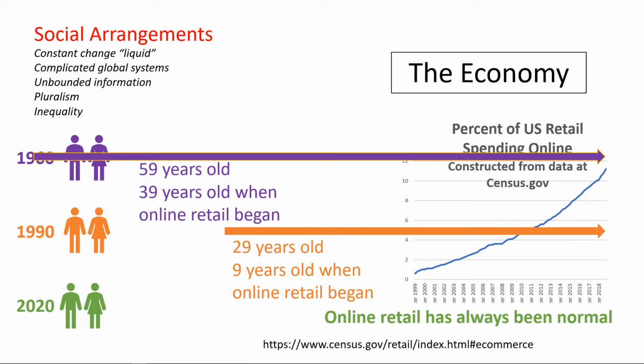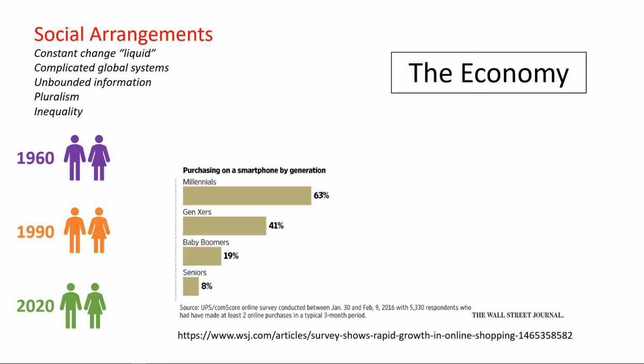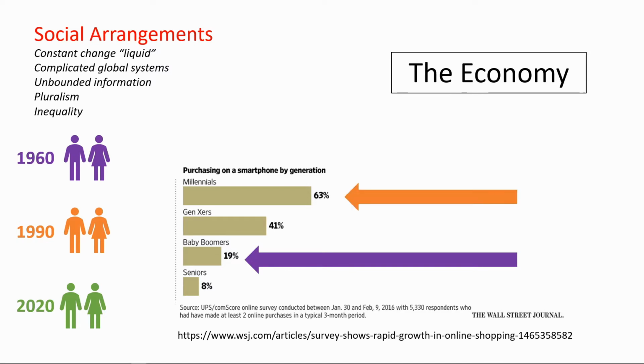Buying online is not normal reality for boomers in the same way it will be, and is, for the internet generation or the cloud generation. Now, this can also be demonstrated by smartphone use for purchasing. In this 2016 data, 19% of boomers said they had made at least 2 online purchases in a typical 3-month period. And 63% of the internet generation said they had used their smartphones to make 2 or more purchases in